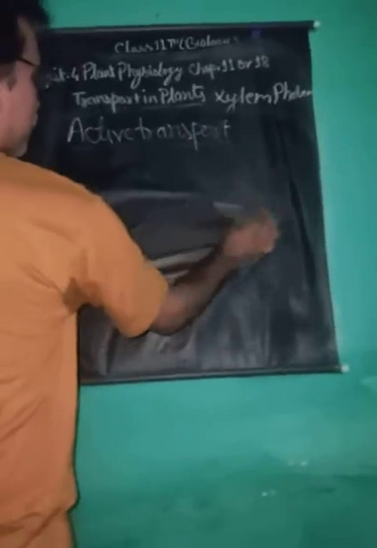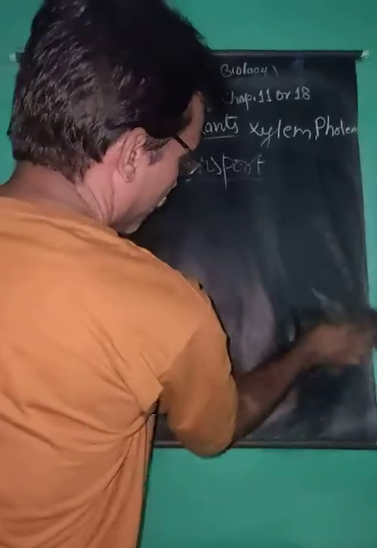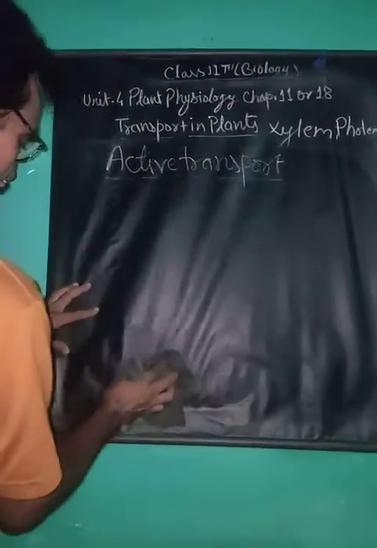Like the flow of water from a higher area to a lower area is passive transport without expenditure of energy, but the flow of water from a deeper area to an upper area is by expenditure of energy, using a motor or energy from electricity or fossil fuels. As we bring water out of a well by expenditure of energy, by human energy or mechanical energy.